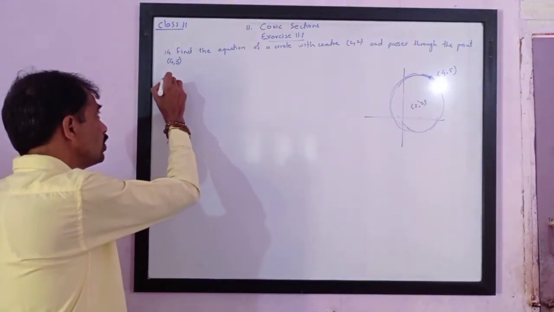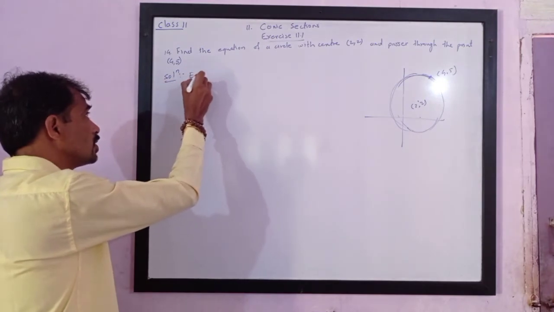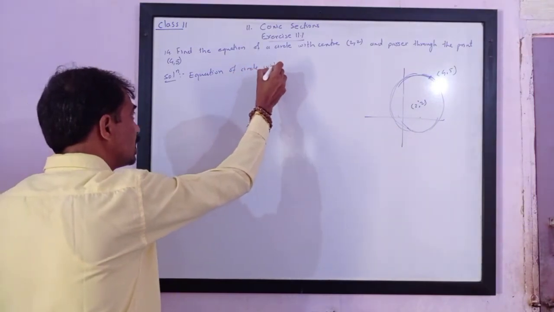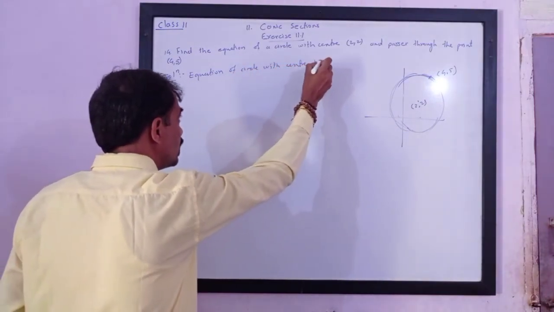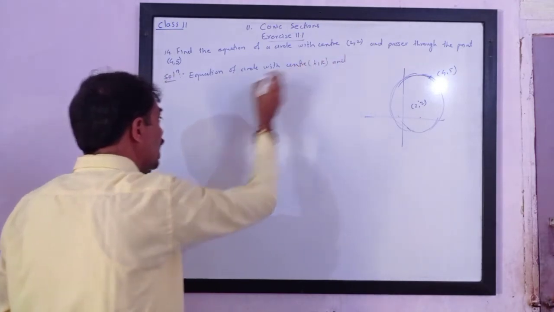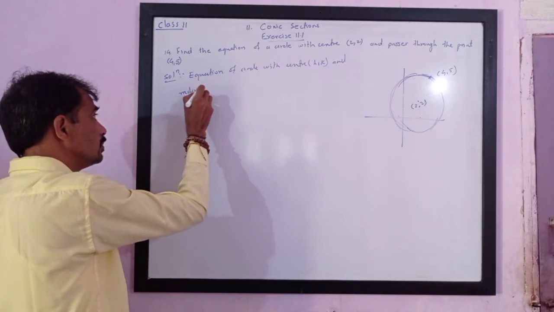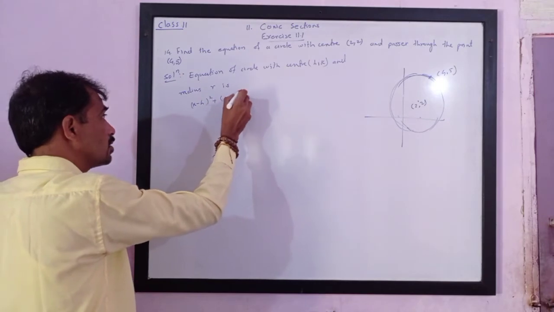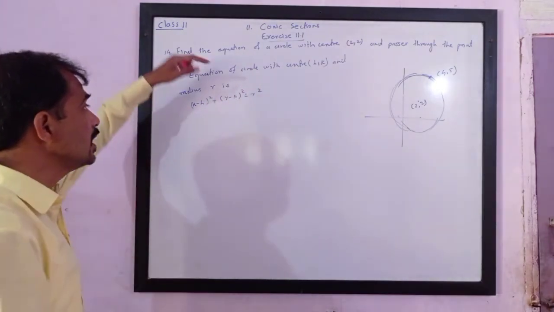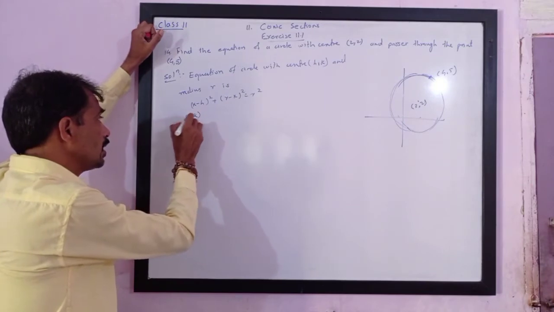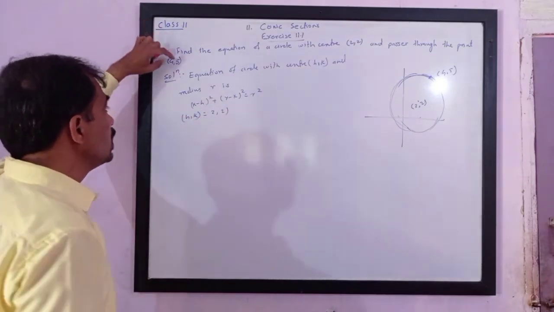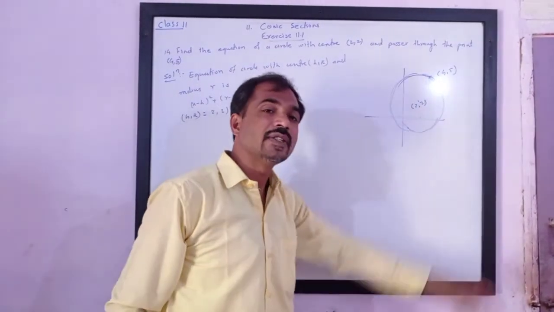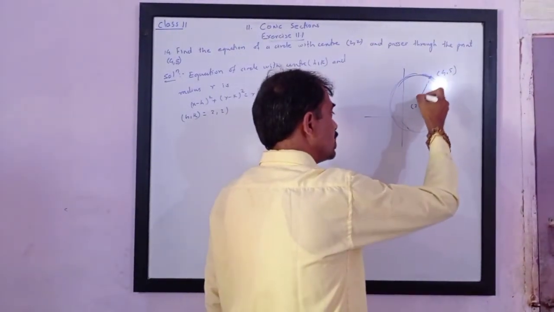Now we have equation of circle with center h, k and radius R is (x minus h) whole square plus (y minus k) whole square is equal to R square. So here we are given center h, k is equal to 2, 2. Now please note, if h, k is the center, that is 2, 2 is the center, and 4, 5 is a point on the circle, then radius can be found by using the distance formula.